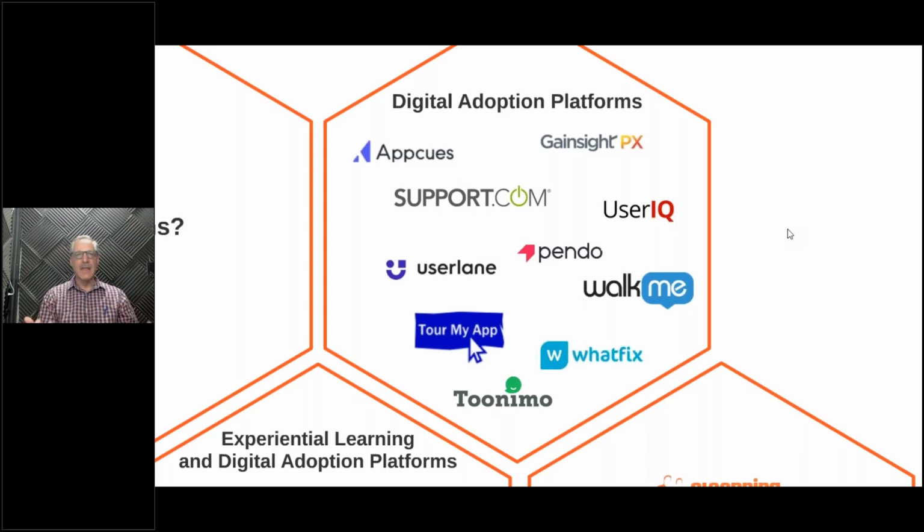So let's say 80% of the application is final, and you start building content within one of these tools, and you've got walkthroughs and you've got videos and whatever name they take, and you're creating content in the cloud. And all of a sudden the code is frozen and you realize that 30% of it needs to be updated. Well, where the value comes from these is, unless you're just creating simulations only and you only have to do it in one place, this gives you the ability to go in and update the content within a particular platform, any one of these, and then it automatically publishes to all the forms that it publishes to. So it updates job aids, it updates transactional walkthroughs, it updates ILT materials, either content or screen captures. So you only have to do it once, which is